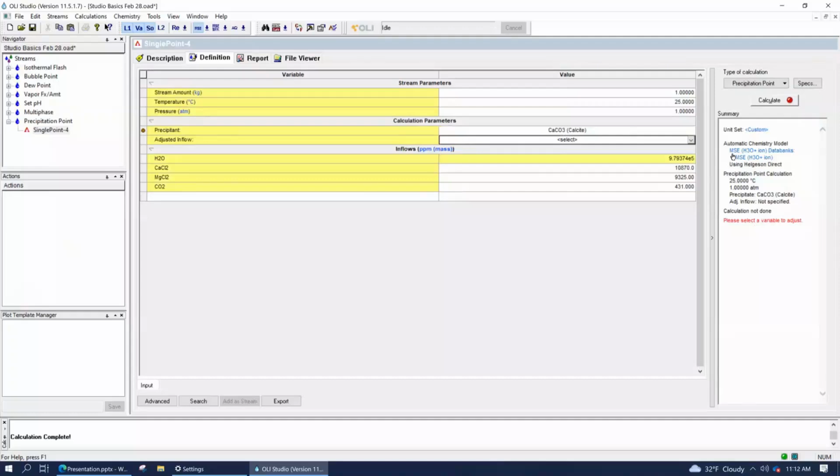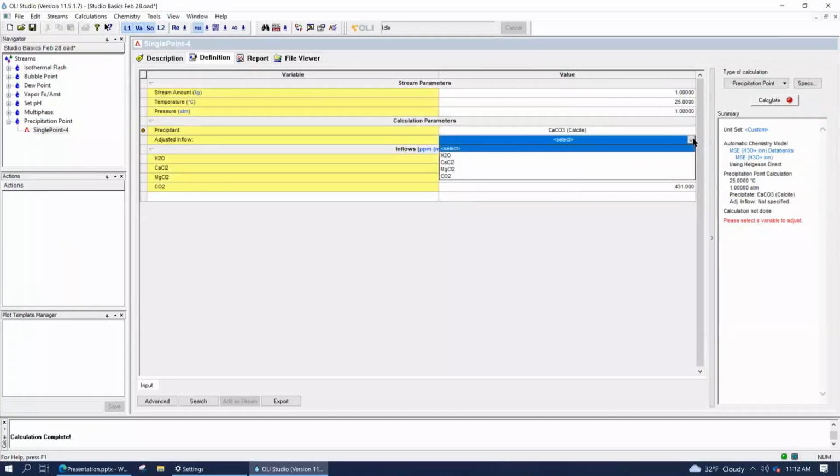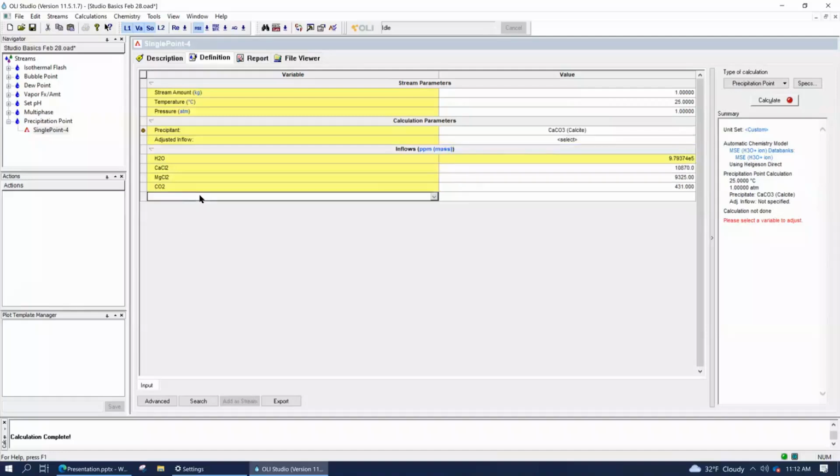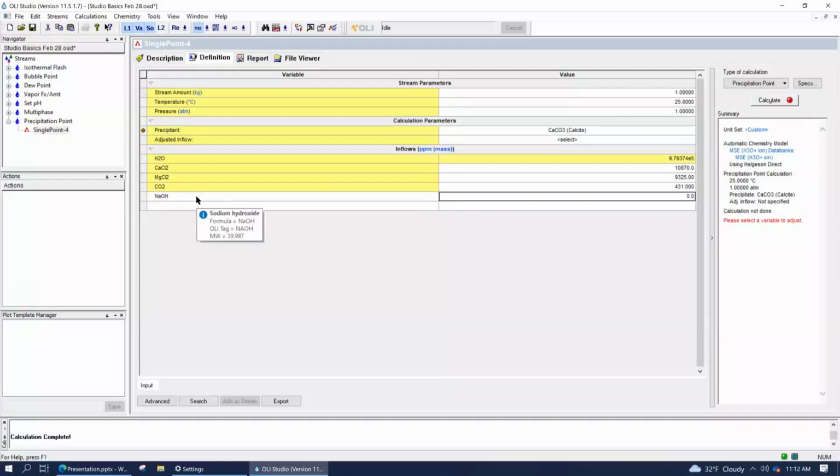And then we're going to adjust what we know we wanted to adjust, which is going to be the caustic. What you're going to notice in this case is that the caustic doesn't show up. So this is an example where we say, oh okay, I don't have the pH adjuster that I need. I need to add it directly. So there's no caustic shown here. You go back to your grid. You can either add it at the top level or here. We'll add it here, sodium hydroxide. Now you can go back to your adjusted inflow. You should find caustic present and you select it.